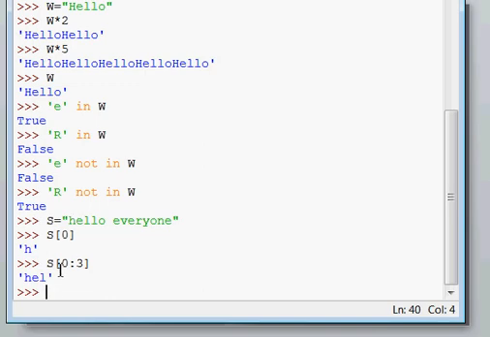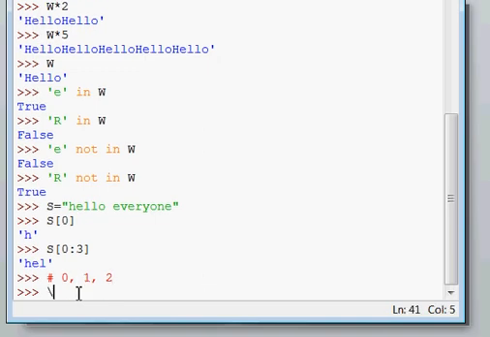So it is displaying elements with the index 0, 1 and 2 only. If I want to access elements starting from the third index to the 7th position, then the third index stands for 0, 1, 2, 3. Third index is of l and it will go up to 6, that is 4, 5, 6, e.